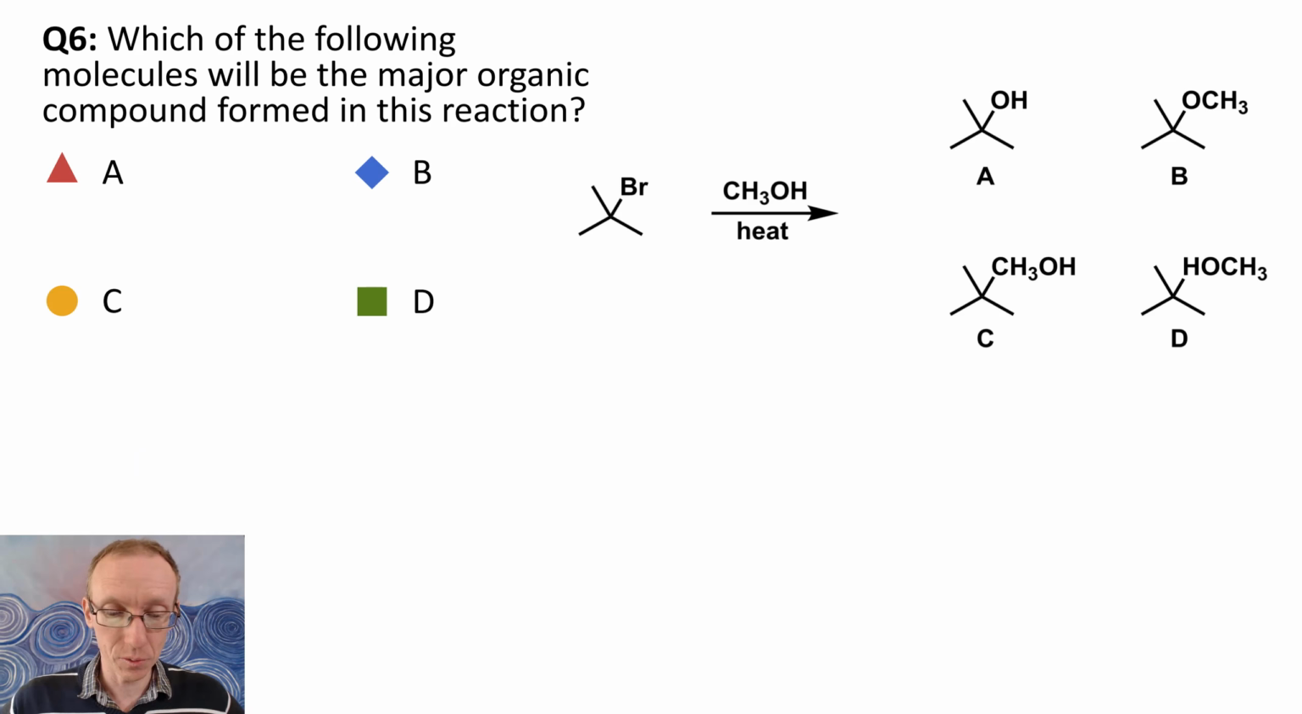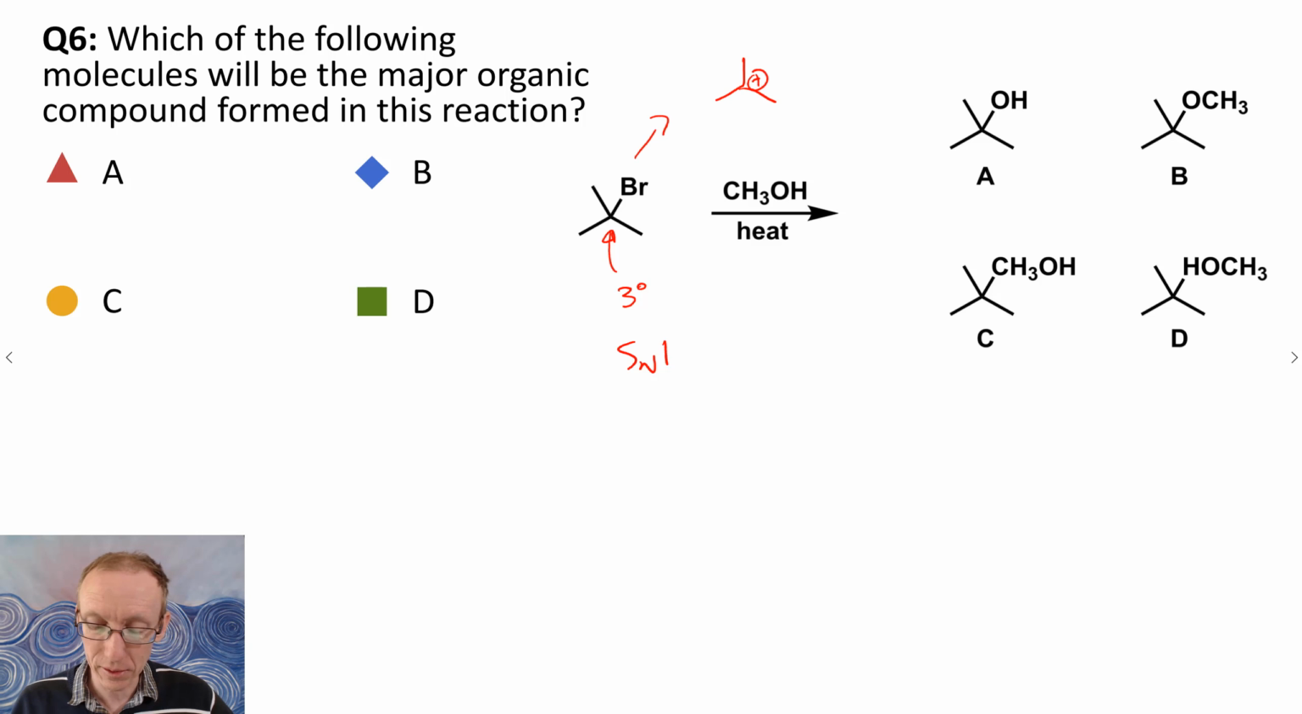Question 6. Which of these molecules will be the major organic compound from this reaction? Overall, we've got a carbon atom here with 3 carbon groups attached, no hydrogens, and so that's a tertiary alkyl halide or tertiary haloalkane. Tertiary alkyl halides tend to favor the mechanisms that generate a carbocation. Certainly in substitution reactions, they favor the SN1 mechanism. And if we go via an SN1 mechanism, we're going to generate the tertiary carbocation like this,